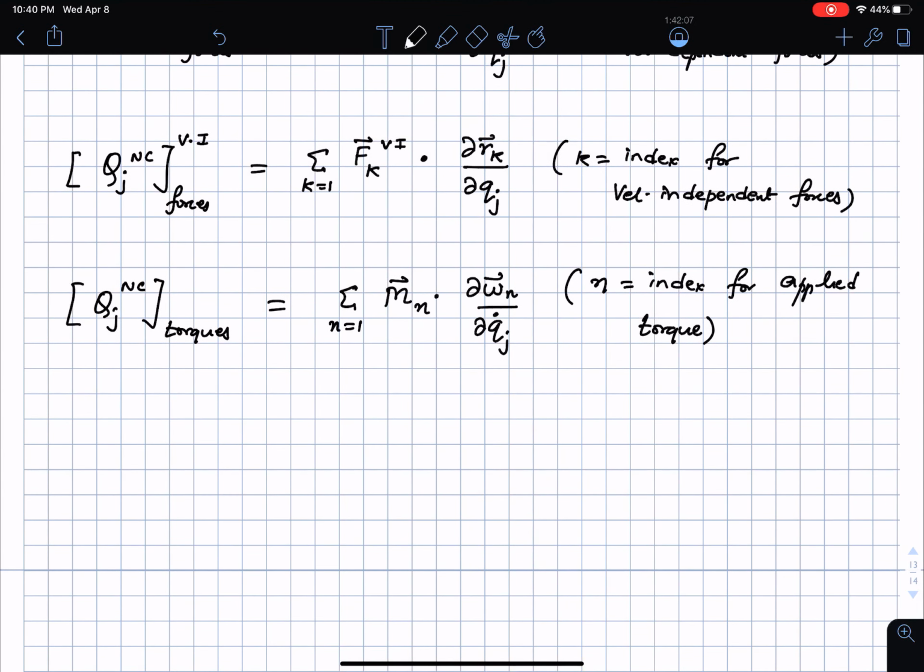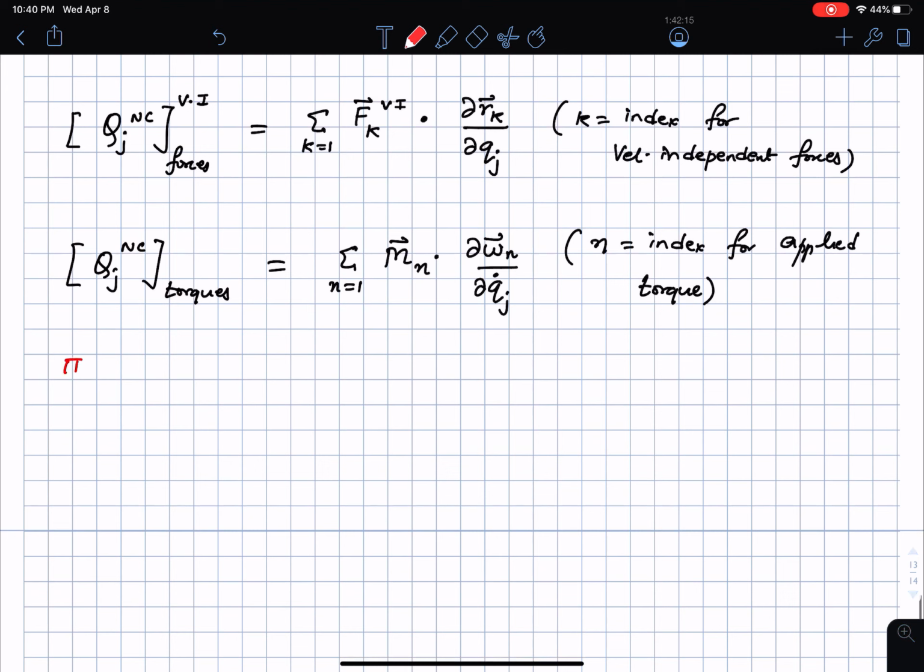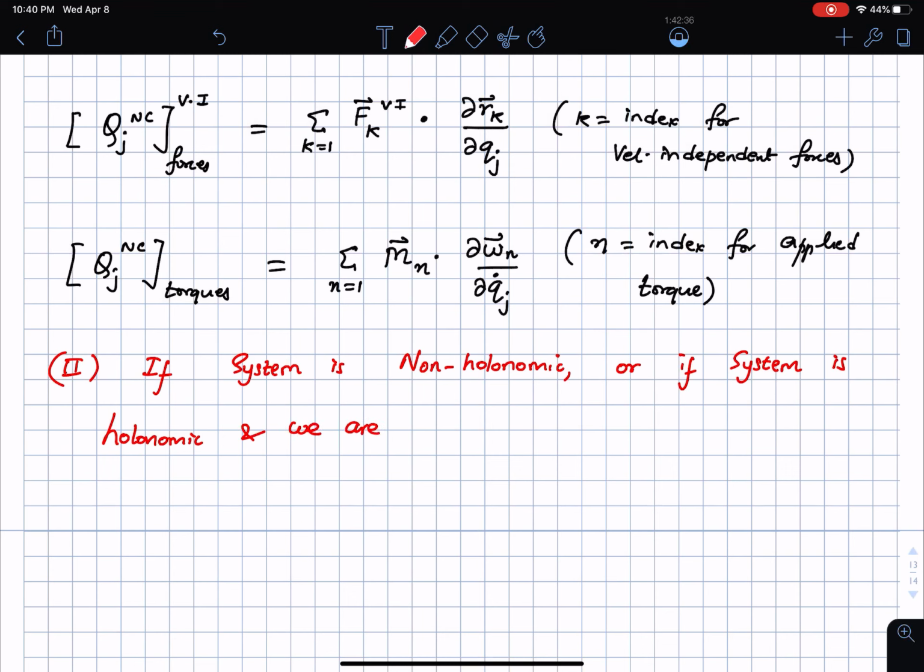But if your situation is non-holonomic, or if you're interested in constraint forces, then here is what we have to do. Second situation, this is my last point, apologies for going above board. If the system is non-holonomic, or if the system is holonomic and we are interested in the constraint forces,